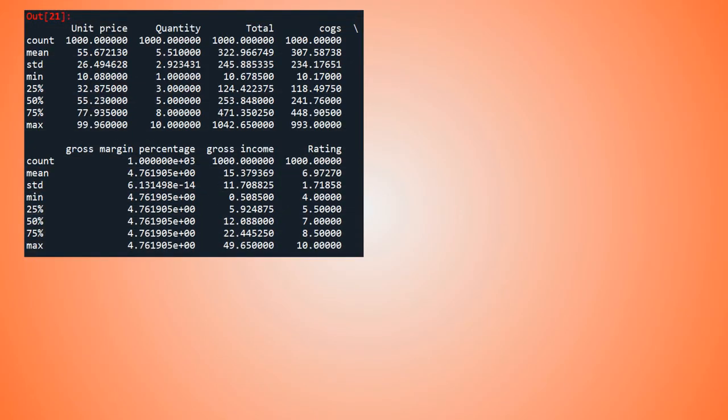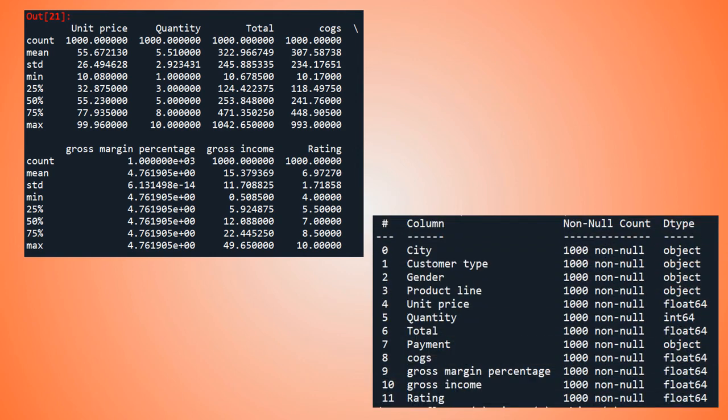Alright, so here we have our summary from the Python IDE. Now, if you look at these variables, here we have the list of all of the variables from our MART data frame, which are 12 in numbers.